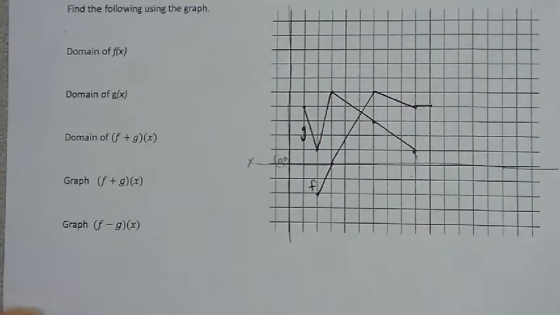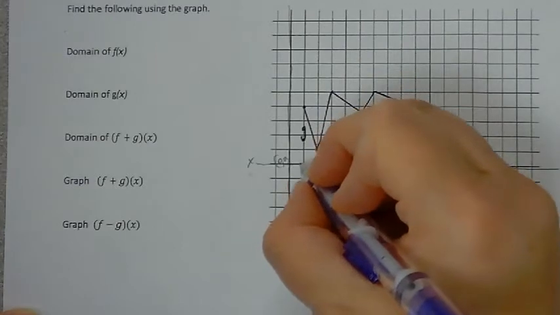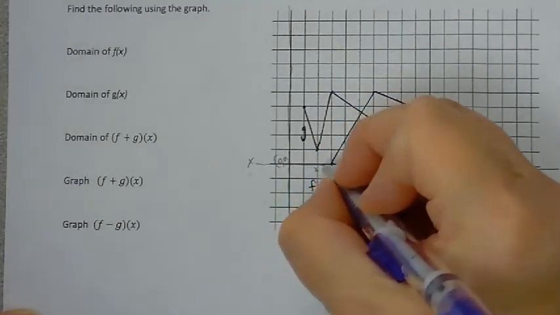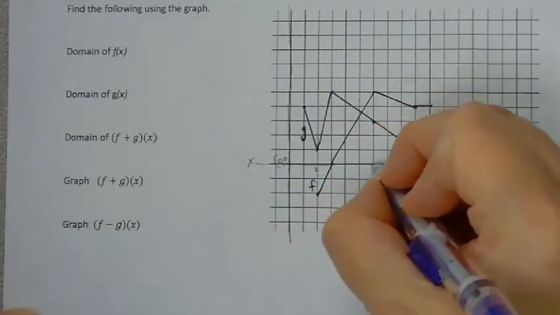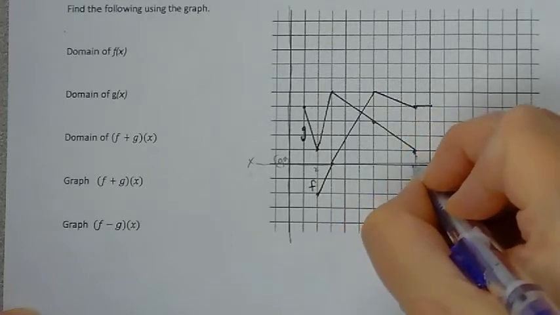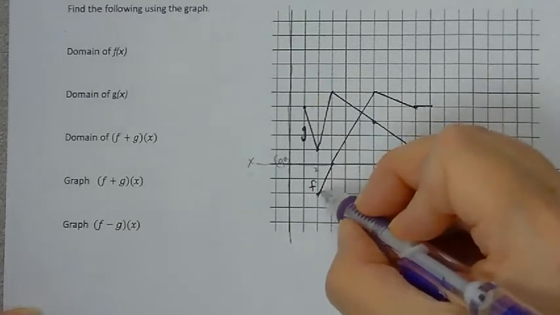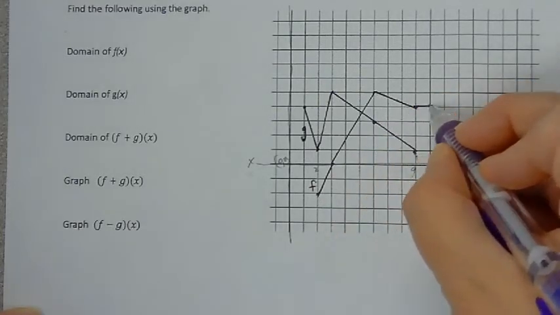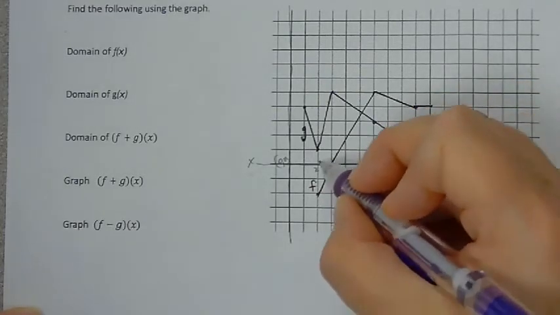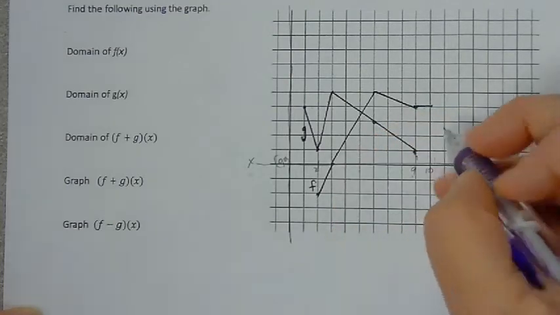So the domain then, this is the place 1, 2, 3, 4, 5, 6, 7, 8, 9, 10. You see how the f function starts here and goes until it gets to here. So the x value goes from 2 to 10